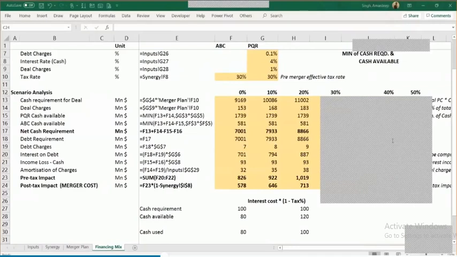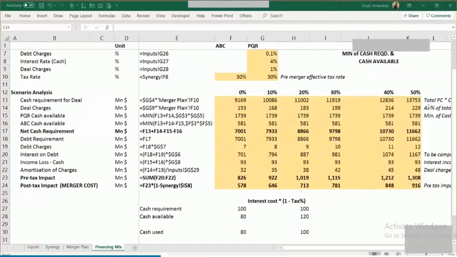Yeah, Abhinandan, whatever cost you are incurring on account of this merger is part of your merger cost, right? And what is the definition of this merger cost? The definition of merger cost is that just for executing this merger, what are the costs that I'm going to incur? I'm going to lose on the interest income. I'm going to pay the deal charges or the debt charges. I'm going to pay higher interest. All of these are part of my merger cost, which would eventually reduce my profit.